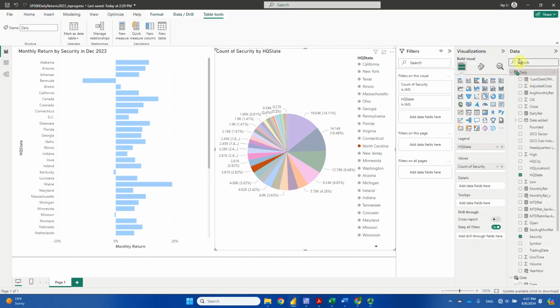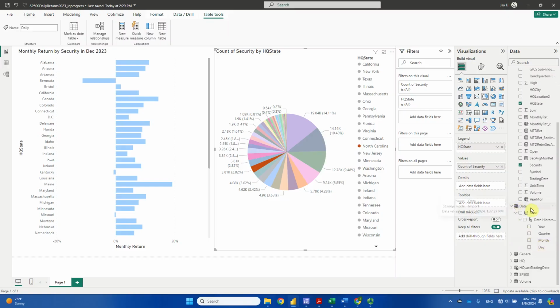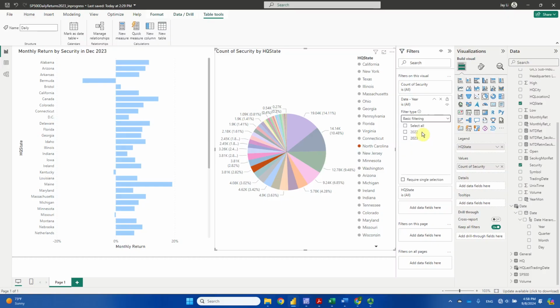Okay, so we need to do some filtering to make sure we only show how many firms are in this particular state on a particular day, not this entire sample period. So we already learned how to do the filtering, right? So we can set up filters here, filters on this visual. So let's do that. First of all, let's go to the date dataset. We check on year, we hold the year and put it here. All right, for year, I want to use basic filtering and I will